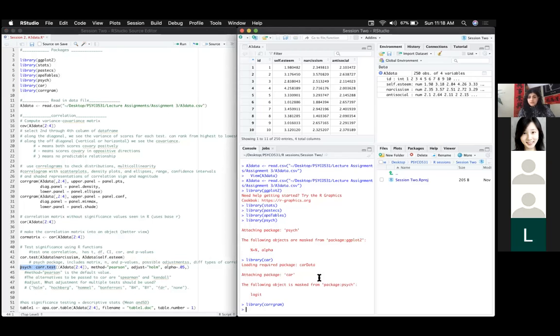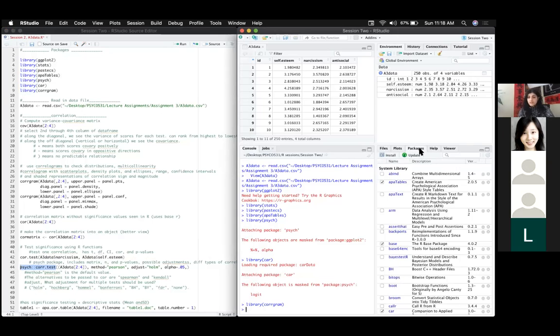And if you're getting some sort of different error, if it's weird or something's just not right, I suggest going right into your packages section and making sure you have that package installed into your R library. It might be the case that you can't load the package since you don't have it installed into your library. So, Yika, what does it mean when you say the following object is masked by blah blah blah